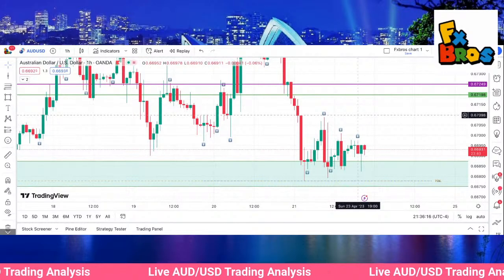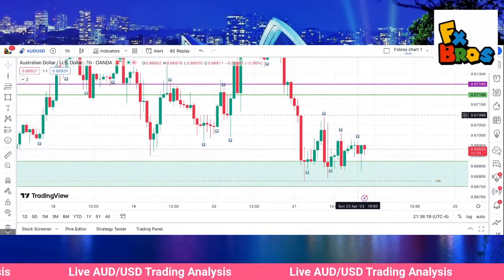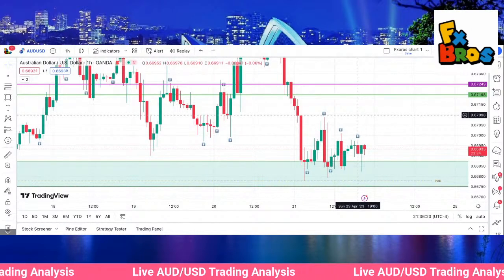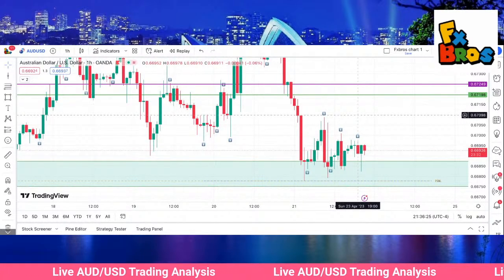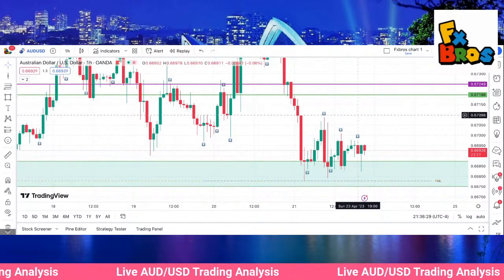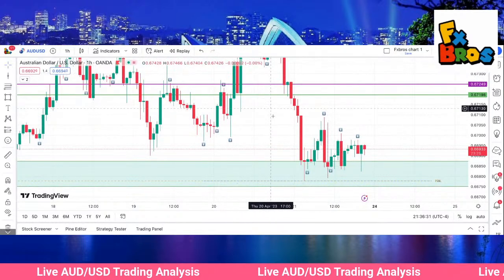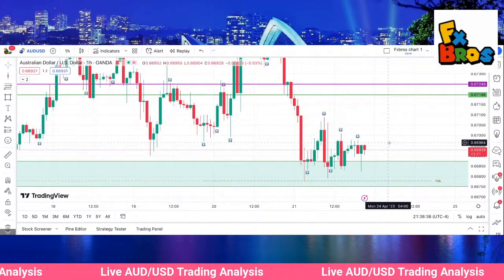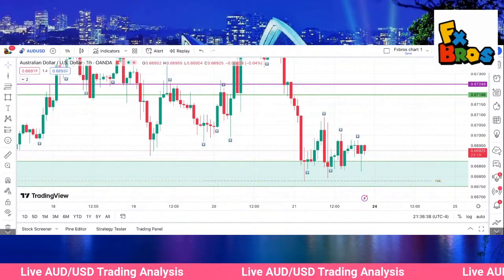But who knows? This could be what we was waiting for because, like I said, we coming off a strong daily engulfing, and that was created by a 4 hour engulfing. So all this is heavy pressure from the bulls. I mean, from the bears. Yeah, I mean, it was a great analysis,